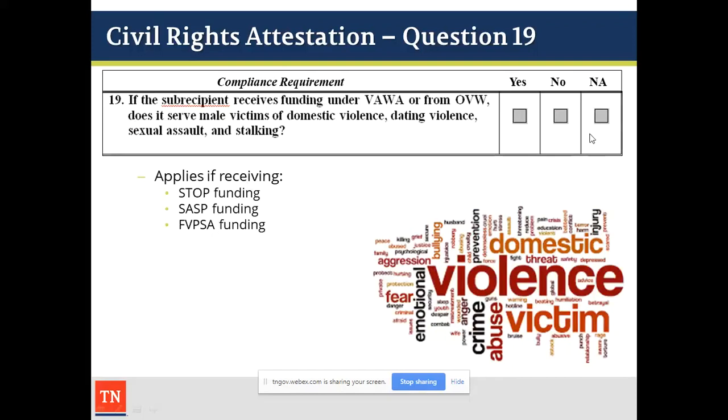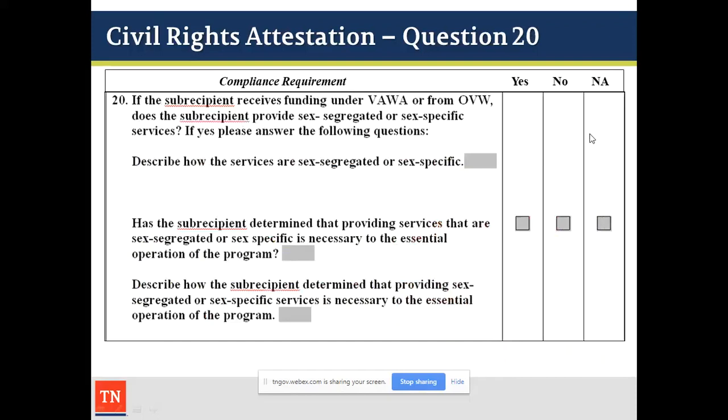And if it applies to you, you need to answer it yes or no. The last question is asking, again, if you're receiving funding under the Violence Against Women Act, so it would apply to STOP, SASP or FITSA, are you providing sex-segregated or sex-specific services? And there are several sub-questions under here. So if you answer yes, please make sure you go through and answer these questions describing how the services are sex-segregated or sex-specific,